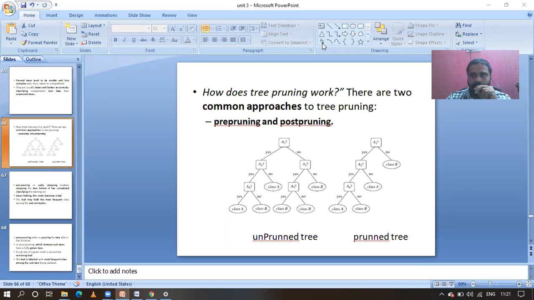Till now we have completed the third unit, guys. Any doubts regarding this till now? Any doubts? One is scalability we have discussed in this class, and the next one is we have discussed the pruning approaches. Any doubts?